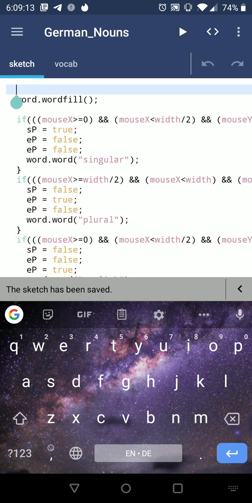So basically, mouse X and mouse Y work on touchscreens, but the way to register a press is to use mouse released. And right now, all you need to do is just test whether you tapped within that rectangle last. And if you tapped within that rectangle last, you activate these Boolean values. If it's the singular pressed, if it's the